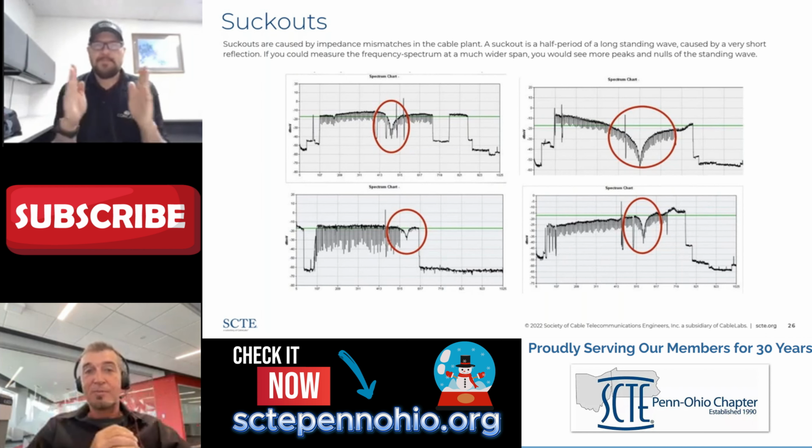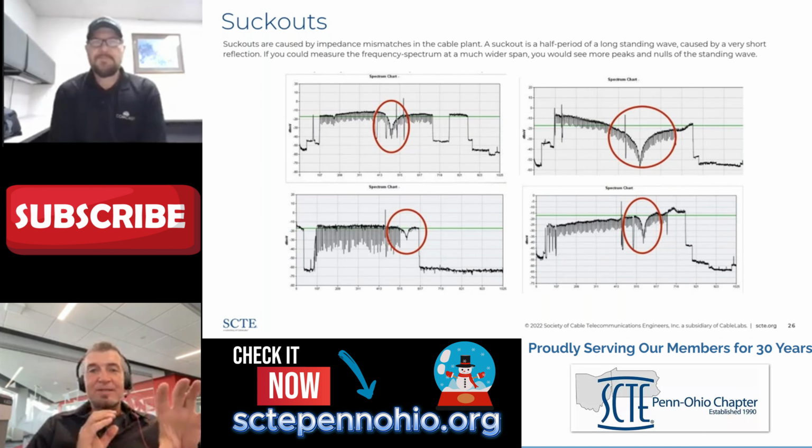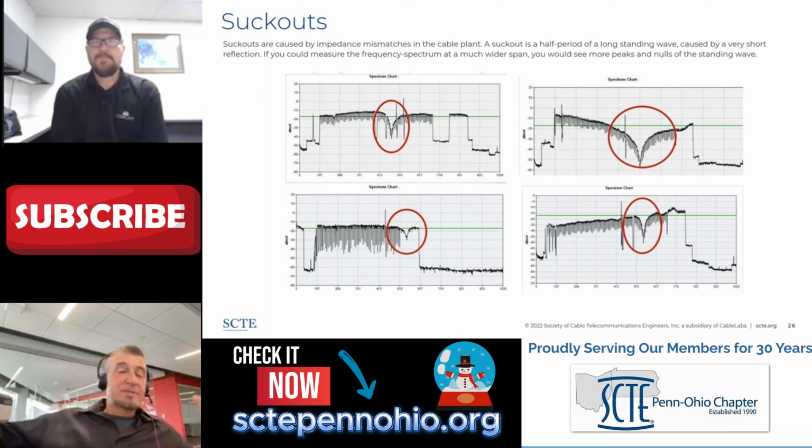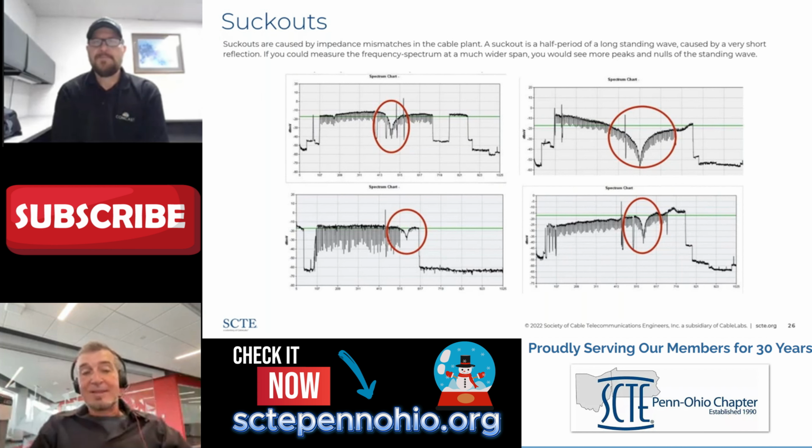Now it's a little more precise than that. Generally, when you're seeing a suckout, if you could perceive, say, 3 or 5 gigahertz of fully occupied spectrum, you would see more periodics. The shorter you cut that, the less you'll see the periodics. So that's half of a standing wave, and short is what you're looking at. Whenever you see a suckout, you're talking about a very small area for a reflection in an impedance mismatch. And this is all of the stuff we're doing all day with loose connectors, housing, screws,